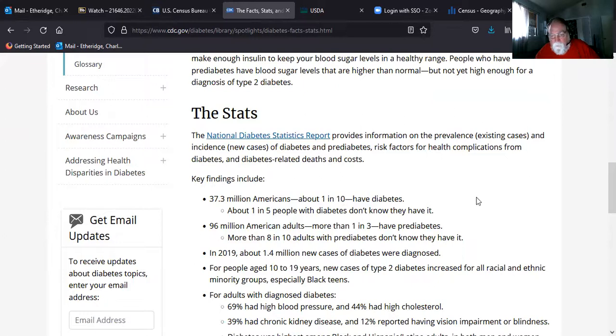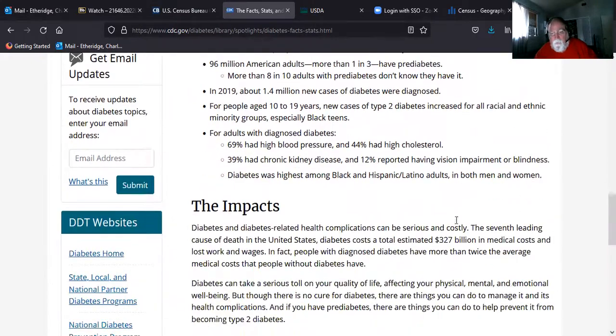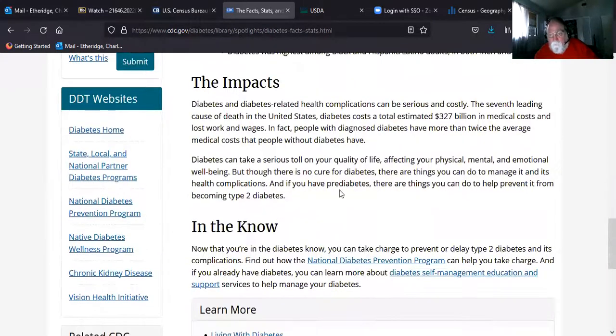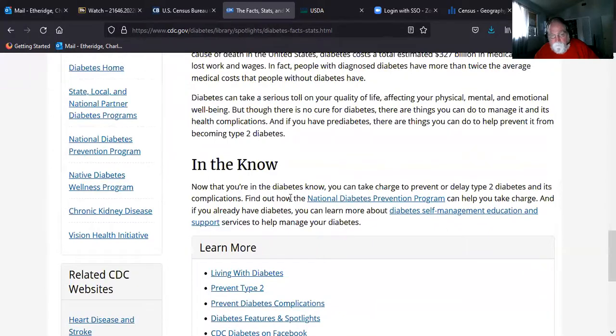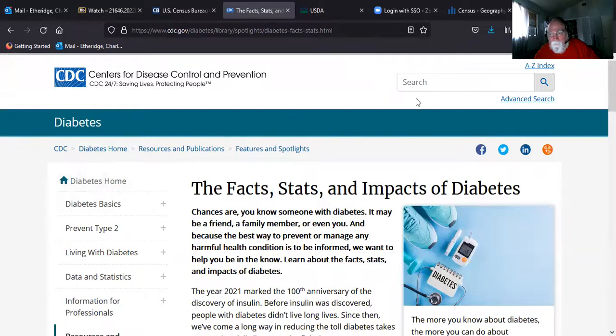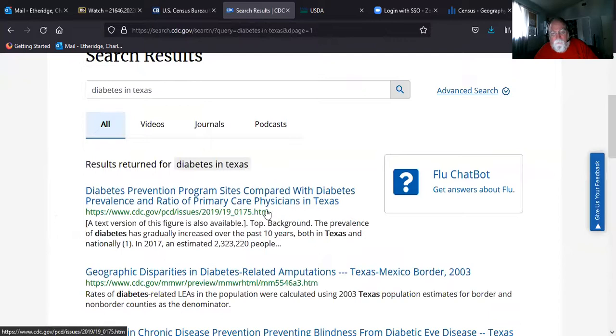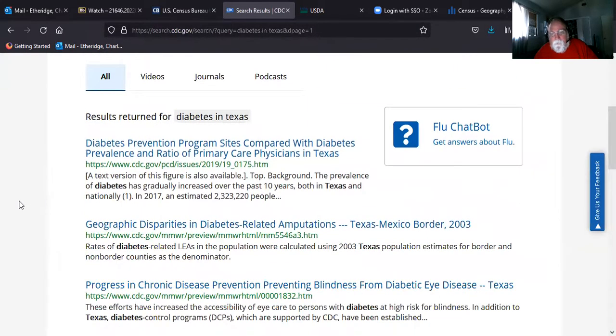37 million have it, 1 in 10, 1 in 5 don't know about it. New cases of type 2 diabetes increased. The impacts, the way it helps us as well. You can get maps and all kinds of other information as well. I don't know what will happen if we look at something like diabetes in Texas, if it'll give us any useful information or not. Primary care physicians in Texas, geographic disparities in diabetes,